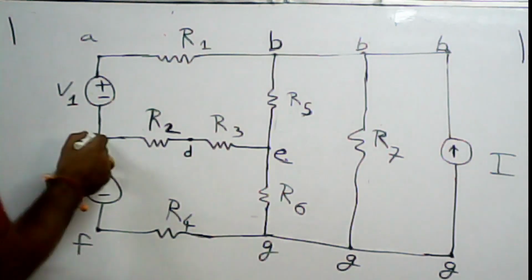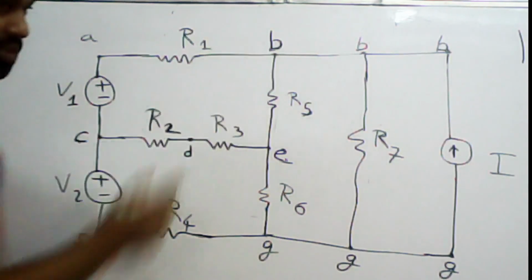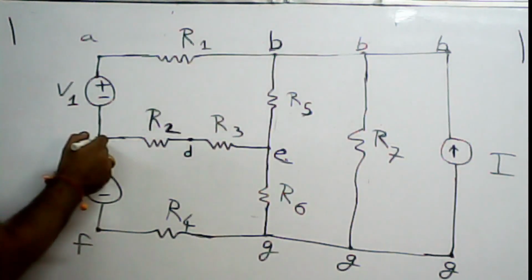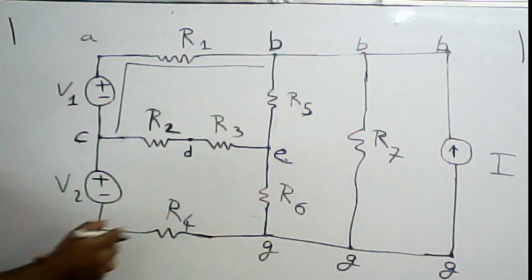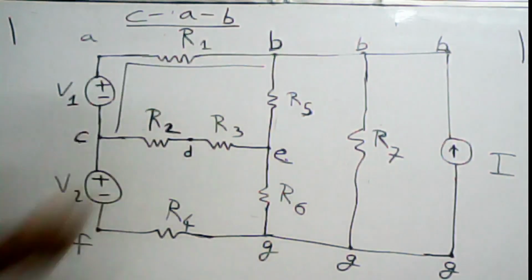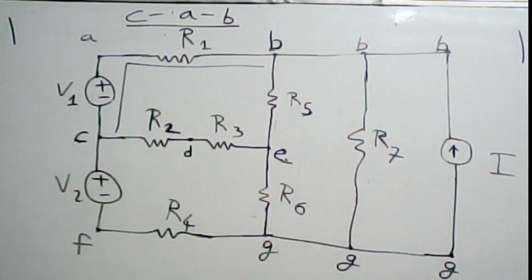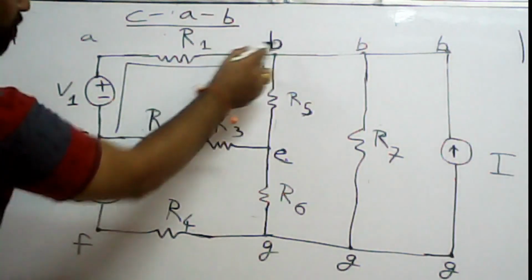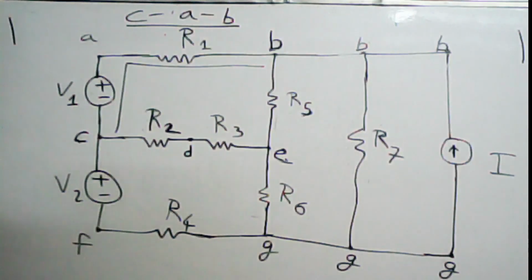Like C is an essential node, we just saw. B is also an essential node. So if we see this path, CAB, this is an essential branch. This is an essential branch because it is joining two essential nodes C and B by passing through a non-essential node. It can pass through a non-essential node, or it might not pass through any other node apart from those two essential nodes. But it cannot pass through an essential node.